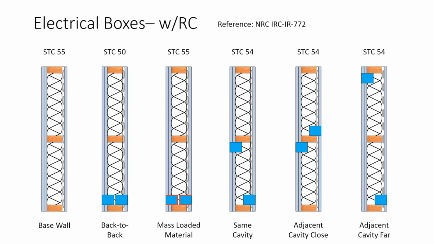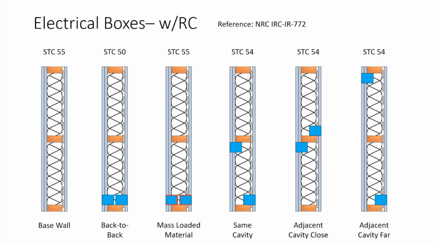So here we have a bunch of different wall assemblies, and we'll walk through them. On the left, we have a base wall: wood studs, a few layers of gypsum board, and some resilient channel. In this particular test from the NRC, we got an STC 55 for this. If you have back-to-back electrical outlets,